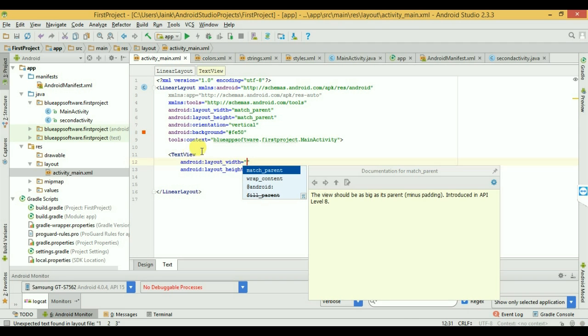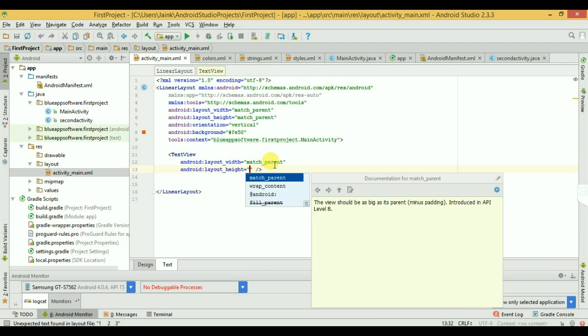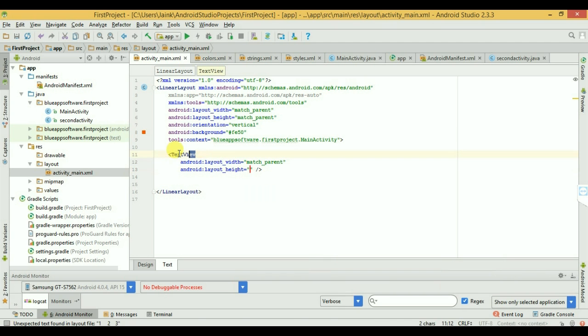Whenever you create a new item, you have to define the width and height of this item. There are two options: you choose match parent or you can use wrap content. Match parent means if you select this option, what happens, this text view will